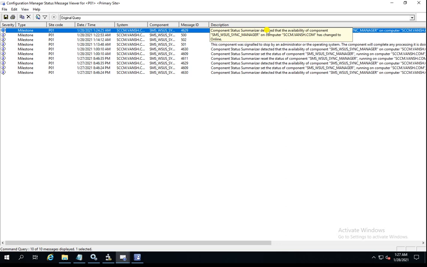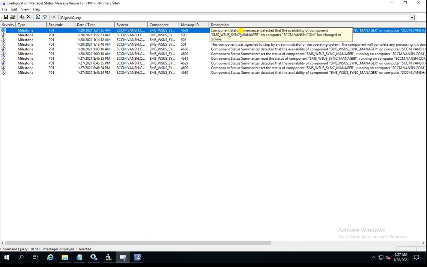It's showing online, so that means everything is working fine here. If my last status message is showing online, that means it should be green. If it is not in the green status, it will take some time, 1 or 2 minutes, 5 minutes, to update in the SCCM console to show you the green and OK status.